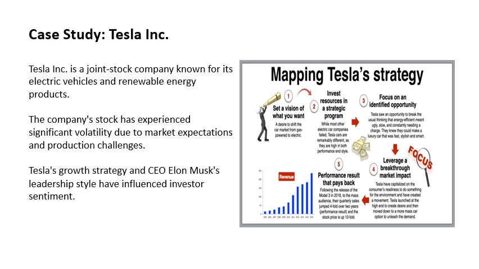And there are some mapping Tesla strategies. They set a vision of what they want, invest resources in a strategic program, focus on an identified opportunity, and then analyze the performance result that pays back. Then they leverage breakthrough market impact, and then the performance result that pays back. By understanding all these mapping Tesla strategies,